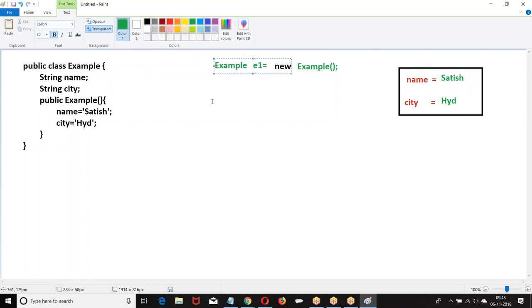What type of data type is that? Apex class. What is that E1? Variable. What type of variable is this? Reference. What is that E1 doing? Referring to the location which the new keyword has created. Then I am calling E1 dot.